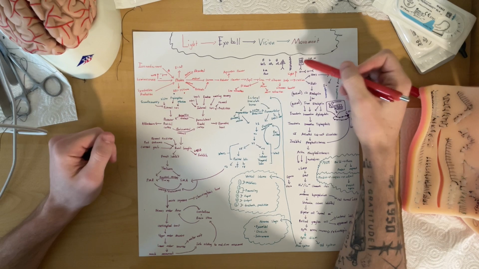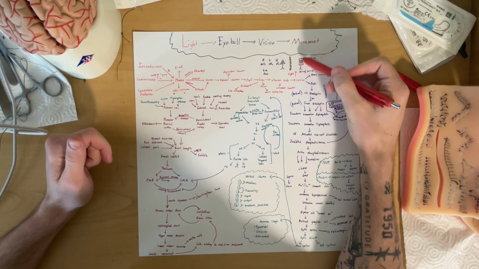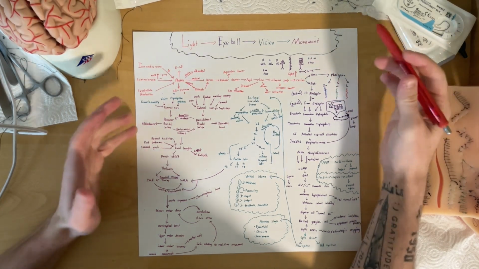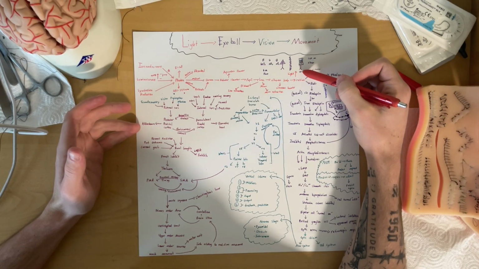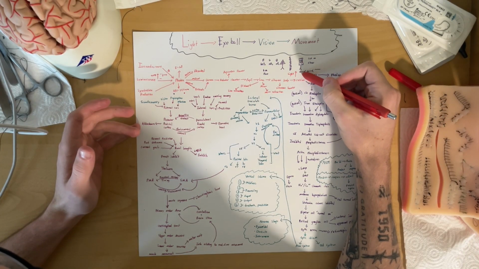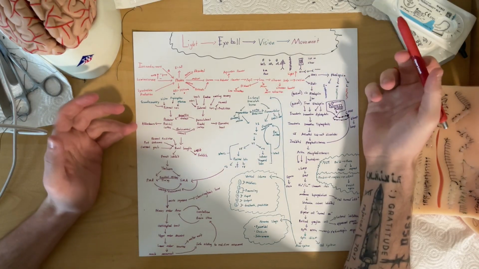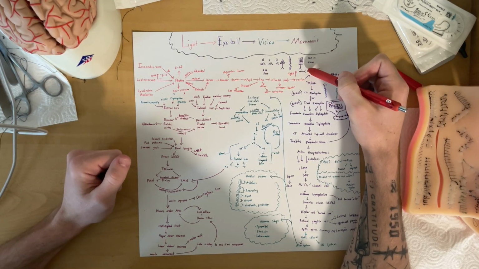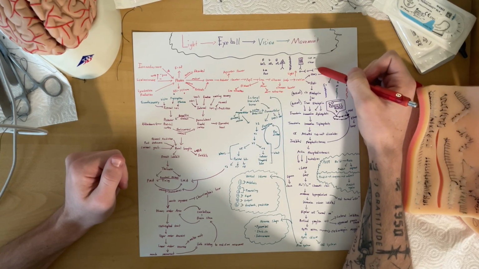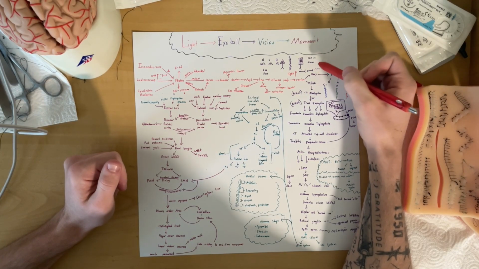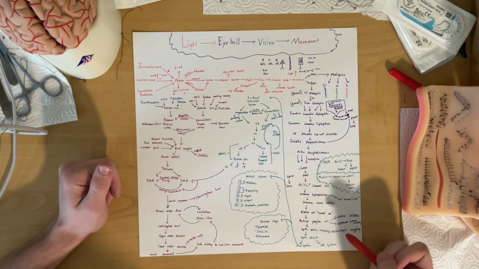Once it becomes activated, it does not send a neuron, it's not a nerve itself. It doesn't send an action potential itself. What it does do is it influences and activates a bipolar cell, and that bipolar cell will, if it chooses to, activate what's called a retinal ganglion cell. And then the retinal ganglion cell will send its action potential impulse by its axon through the optic fiber until